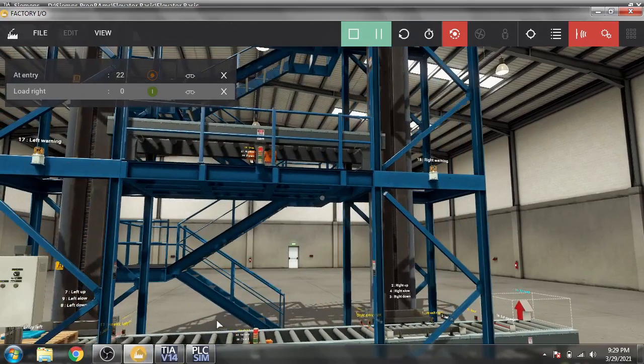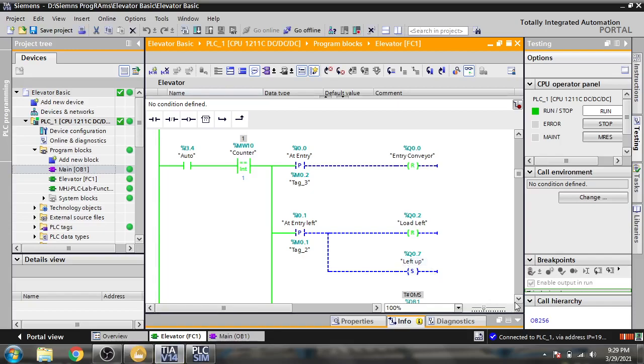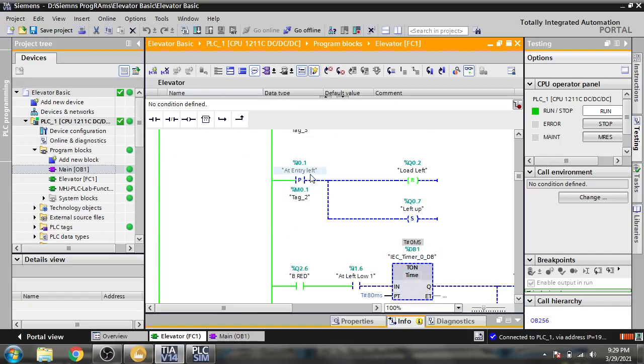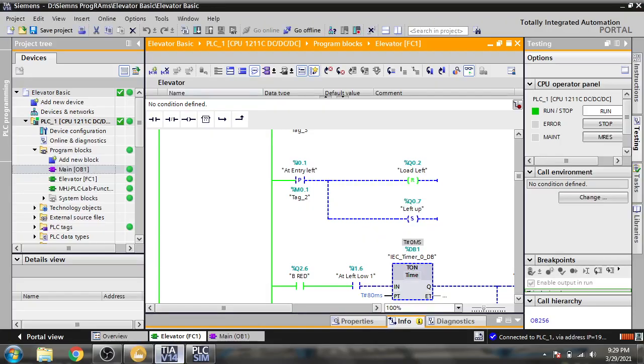That means when the box passes at entry left, it will reset our entry conveyor.